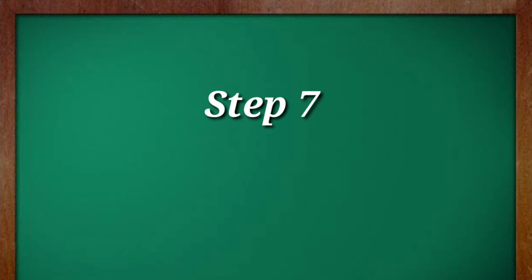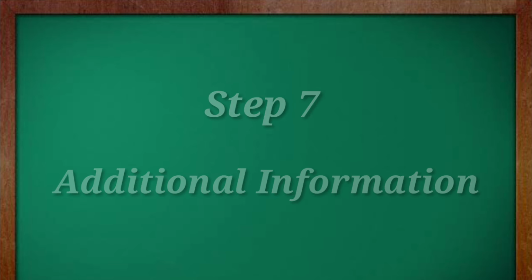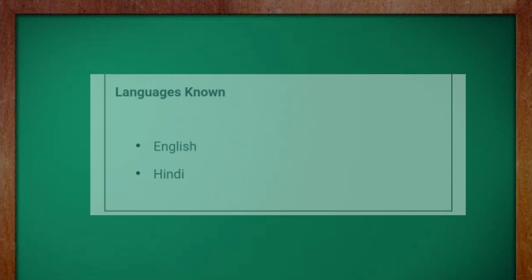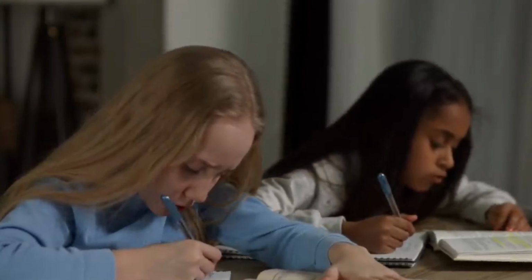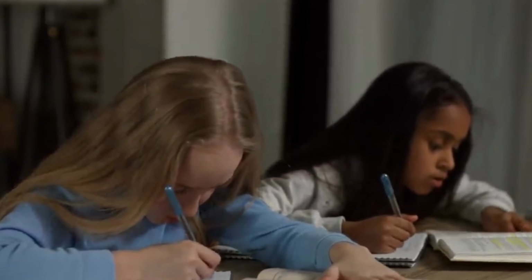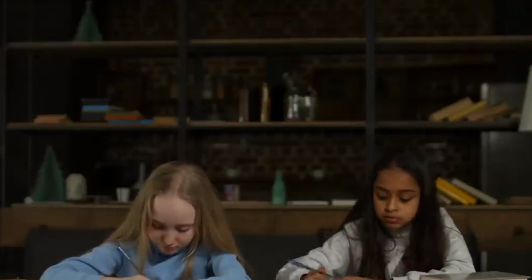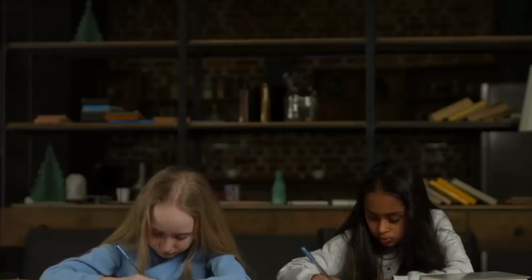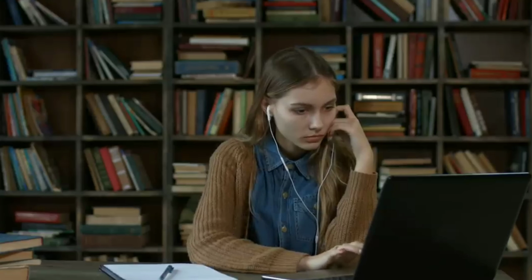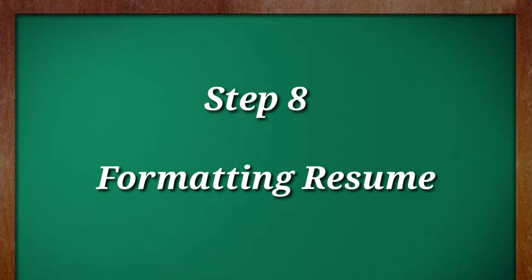The next step is adding your additional information. It is optional, but if you are interested, you can include languages known, hobbies, etc. If you have significant white space on your resume, consider adding achievements, etc. This can help to supplement a shorter resume, especially for those with limited work and educational experience. Make sure that the achievements and interests you list support your career goals and are relevant to the potential employer.